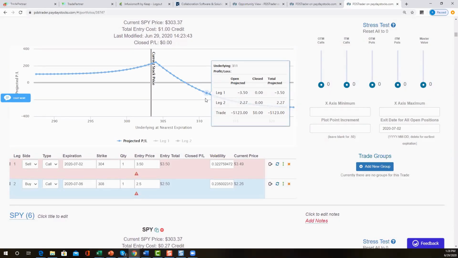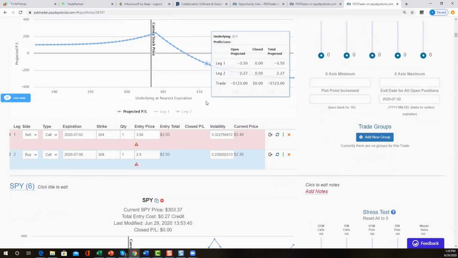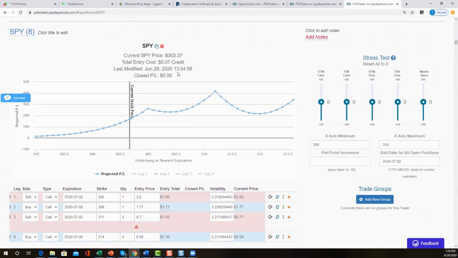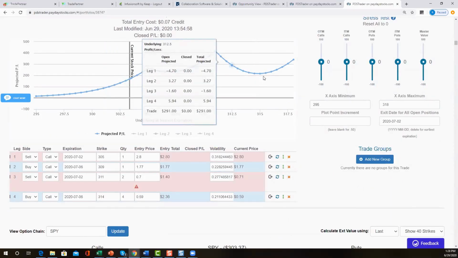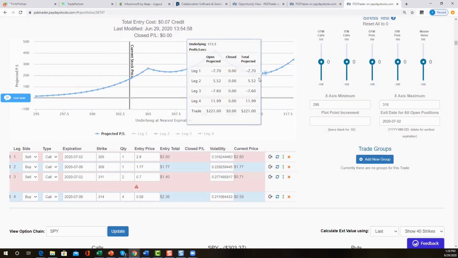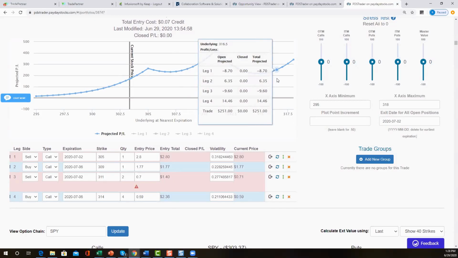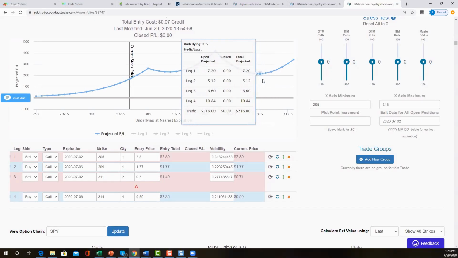The only risk to the upside technically is this dead zone right here. There is no risk with this dead zone. It's this dead zone where there might be a little bit of risk. And that's at 315. And if the market moves up to 315, guess what? I'm going to start selling. If the market moves up to 311, I'm probably going to start selling a 316 or 317 call and pull this dead zone up.